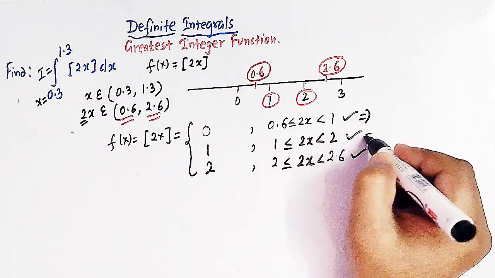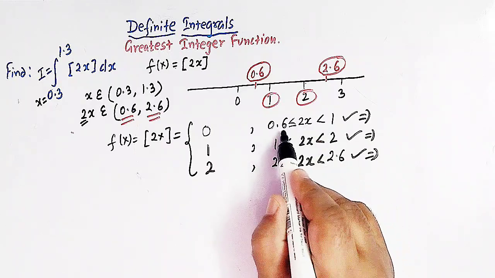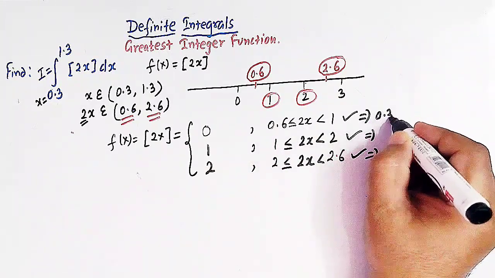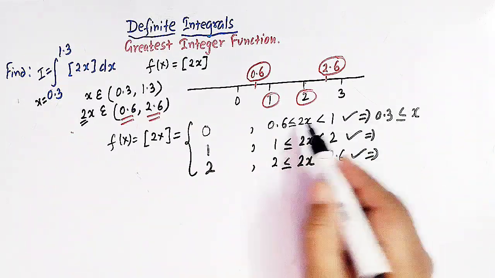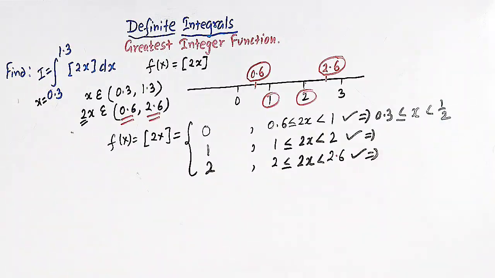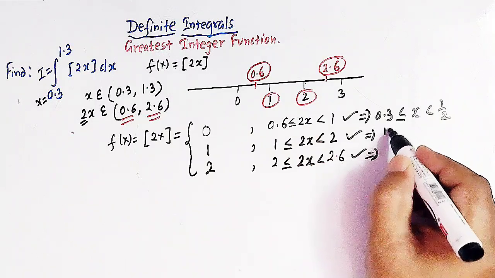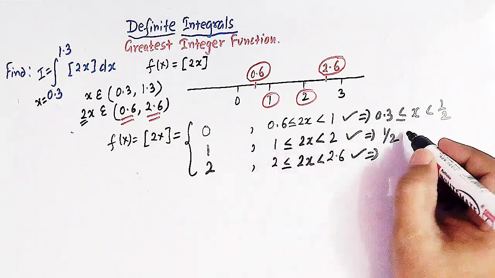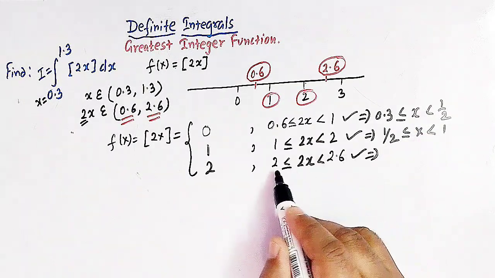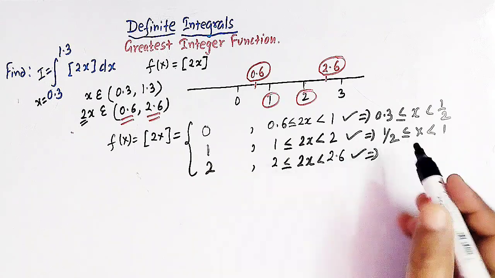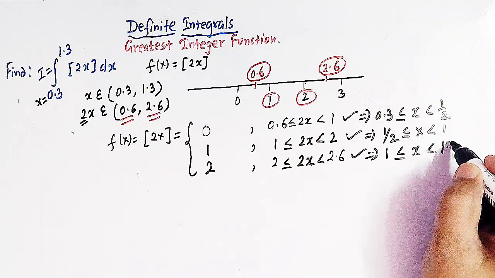So now if we divide this inequality throughout by 2, then we'll get here 0.3, and here we have simply x, because the 2 gets cancelled, and here we have a half, right? And when we divide this inequality by 2, then we have here half, that is 1 over 2, and here we have x, and here we have 1, right? And when we divide this inequality by 2, we'll get 1, and here we have x, and here we have